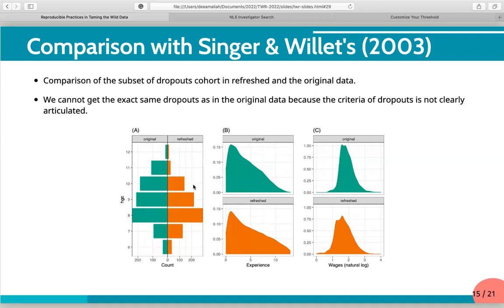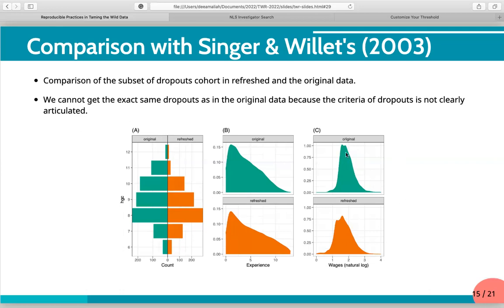We can see that it doesn't match in every highest grade, because in the refreshed data we only have a smaller proportion of people who have completed 10th grade, but there are more people who completed 10th grade in the original data. We can also see this one is the experience that we recalculated, which I mentioned before. We can see that the pattern is quite matched. It's not exactly matched, but we try our best to have the closest result.